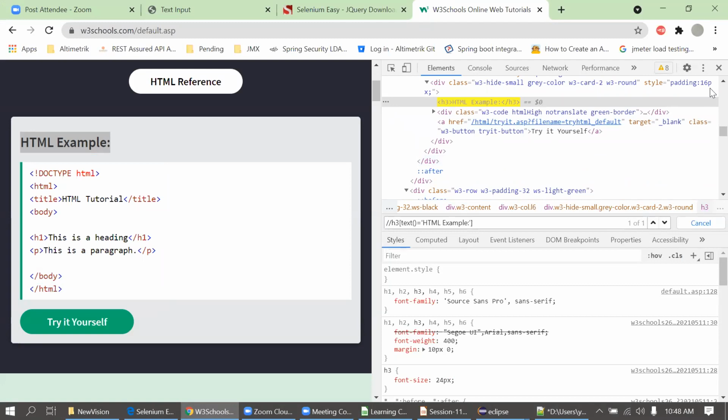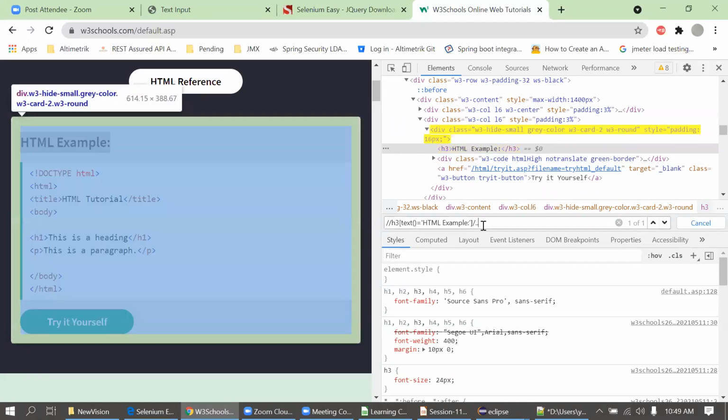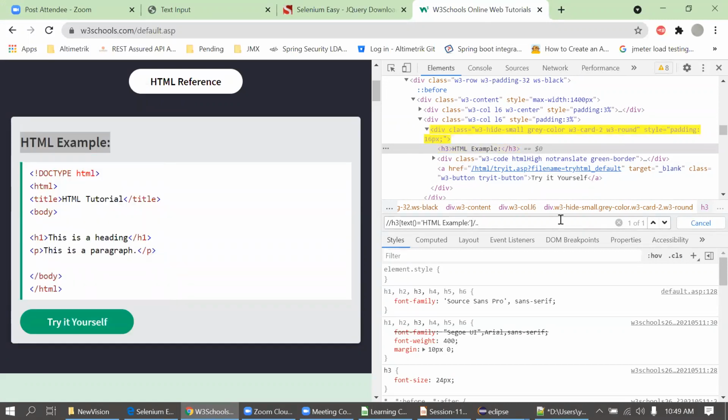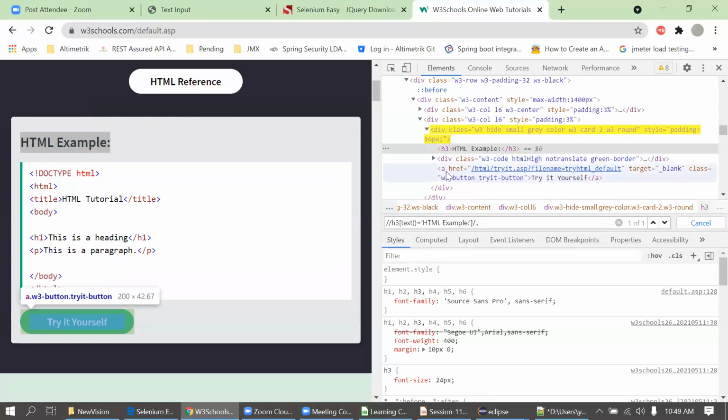Okay, so now if you see the hierarchy, I cannot go down here directly in this division. So I have to go to the parent. This is a parent. Parent for the h3 is a div. So I will go to the parent by using this simple slash double dot. It will go to the immediate parent. Okay, and then I have to come to the anchor tag here now. So simply I will put slash a. So now where am I? Where is the focus? It is on a.